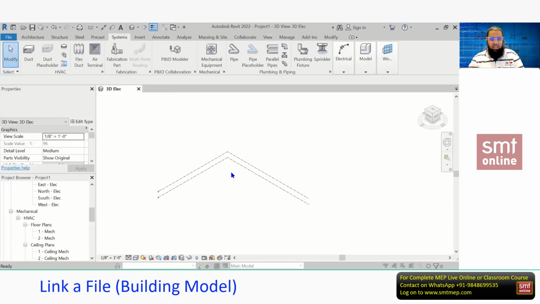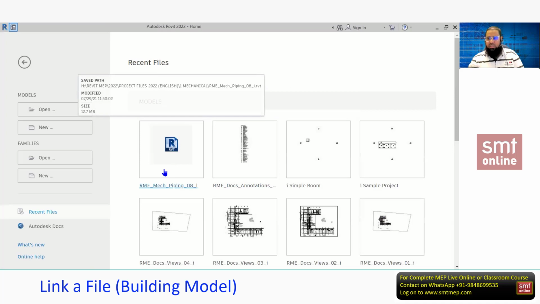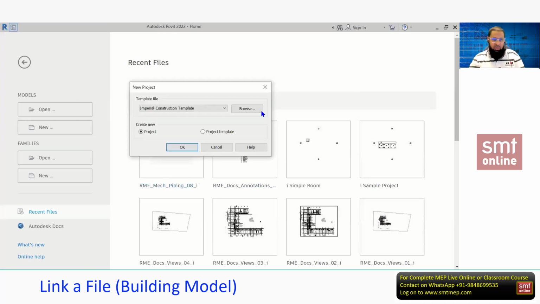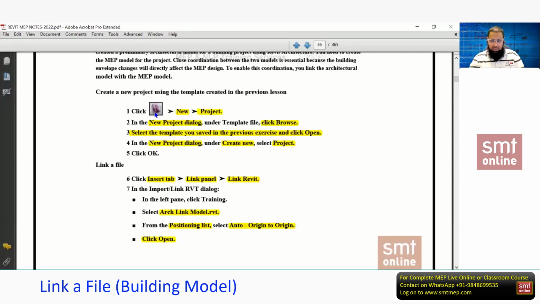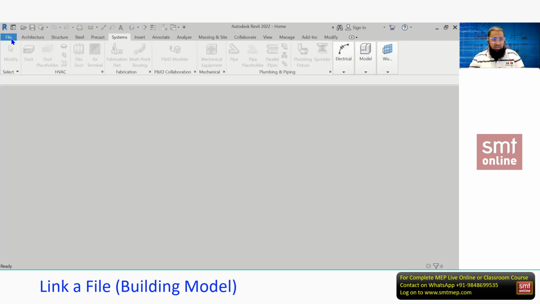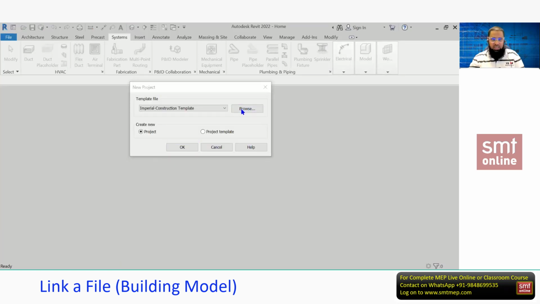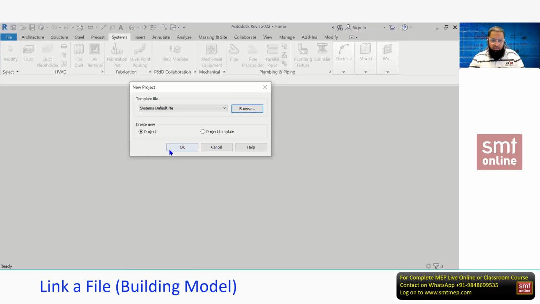By taking the template. Which template? You can use your own template, or you can use the system default. At this level, for example, I'm using the system default. So here, New, you see I can directly get the new option from here. Or else, as per the notes, the application menu means File. You know this in the notes, whenever you get this R icon, you need to consider it as File. So click on this application menu, then New, wait for 2 seconds, click on Project, then Browse, select the template, for example system default, which will provide mechanical, electrical, and plumbing options. Then Create New Project, click OK.